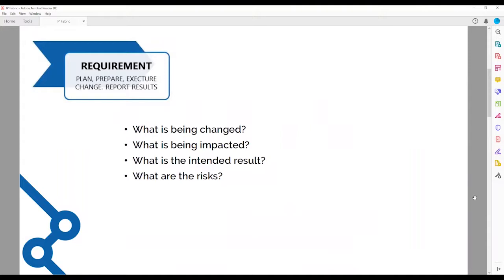We also need to assess what is actually being impacted. Will there be any outages during the change? What is the intended result of a change? Do we expect a service to be improved? And we need to understand what the associated risks are. The network by itself can work without a hiccup until a change occurs. And then when a change occurs, it can be far-reaching